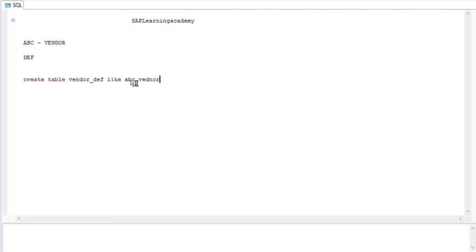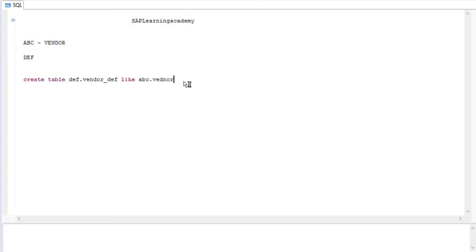If you write this type of statement, it is going to create another table structure called vendor in DEF, like the structure of vendor. Then your table will be created. So in this way you can easily create it using this like operator.